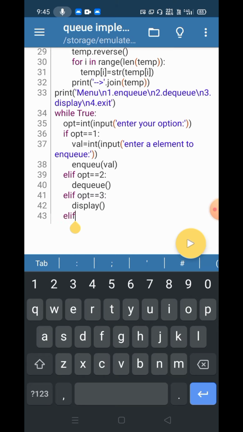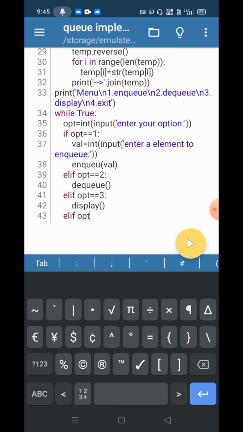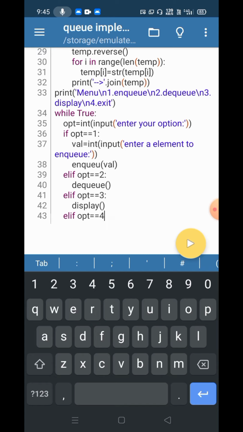And elif option is exactly equals to 4, we'll simply break the loop, which will be the end of our while loop and our program. And else, if the user enters any other option from the given choices, we'll print a simple statement: enter a valid option.